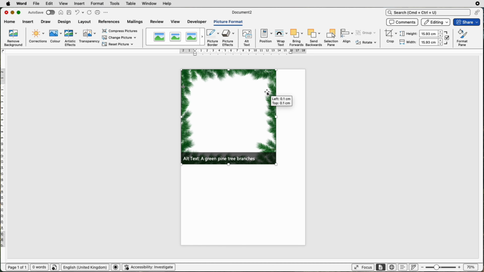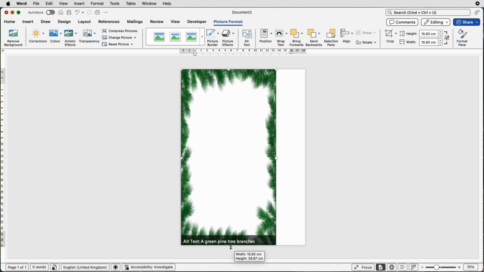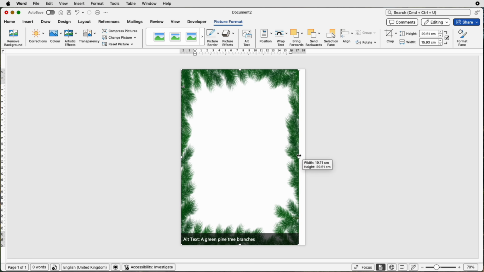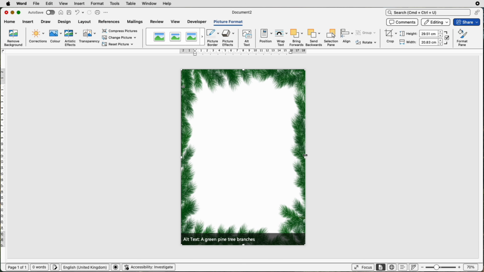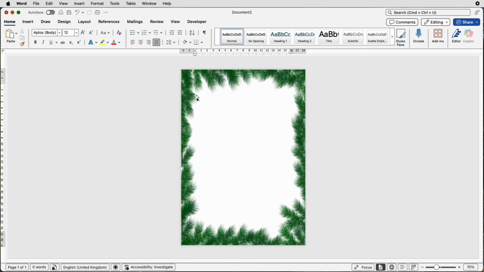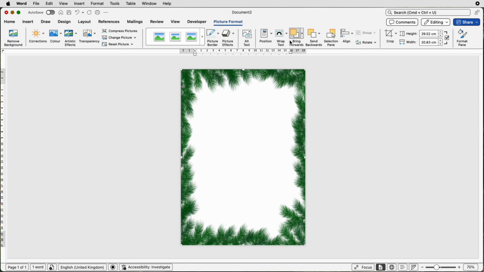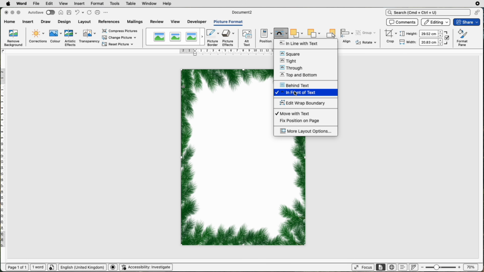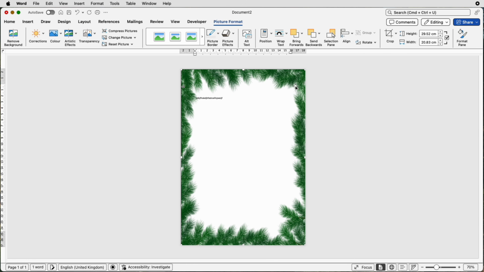Then all we're going to do is pop it to the top corner, pull it down to the bottom, and then put it out to the right so it fits your page. So you can see my cursor flashing up here, but if I begin to type, you can't see anything. However, if I select my border or my image, go to picture format, then go to wrap text and select behind text,